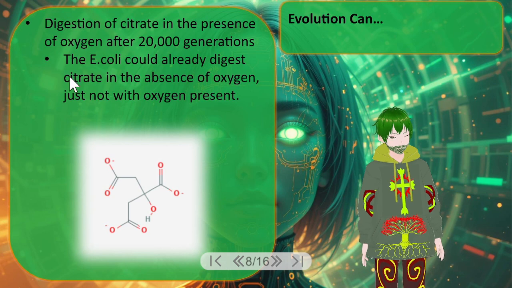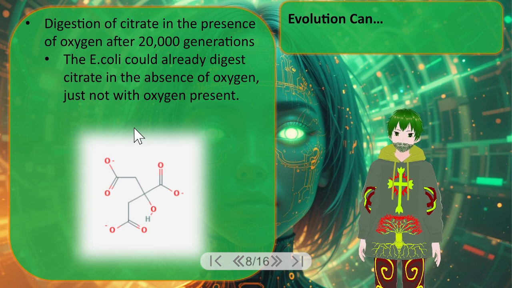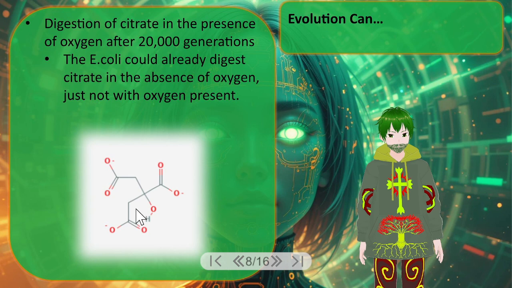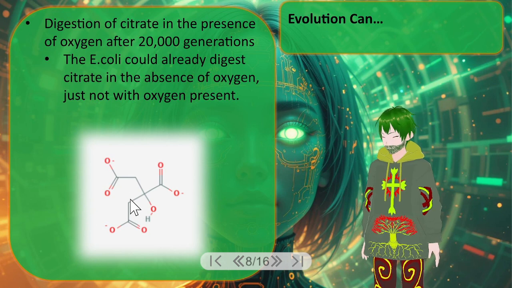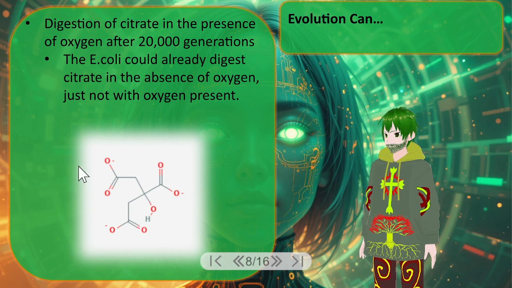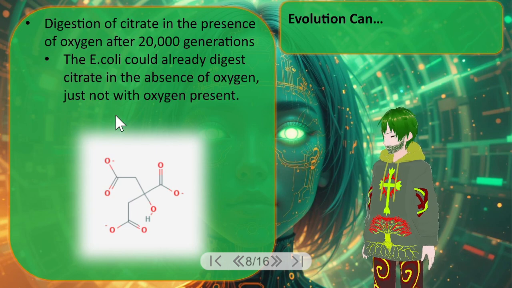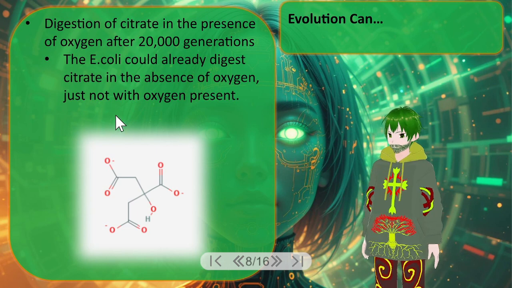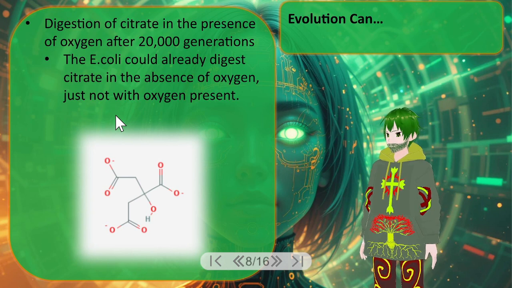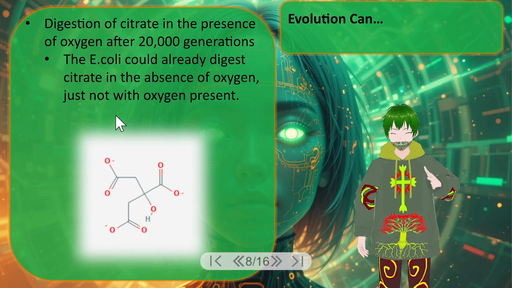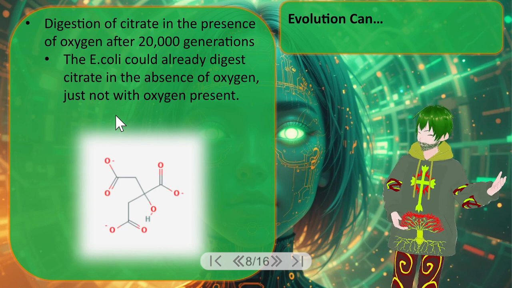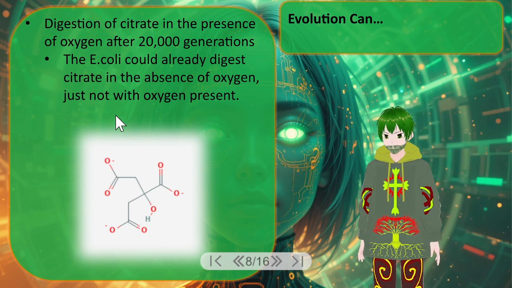Okay, and this is just in the presence of oxygen. Again, this is the citrate molecule that's being digested. In the presence of oxygen, it normally can't be, but after about 50,000 generations, it was able to digest this. This happened along the way. Some other interesting things have also occurred. I recommend you go to the website for the LTEE. There's a lot of very fun stuff to read in terms of what